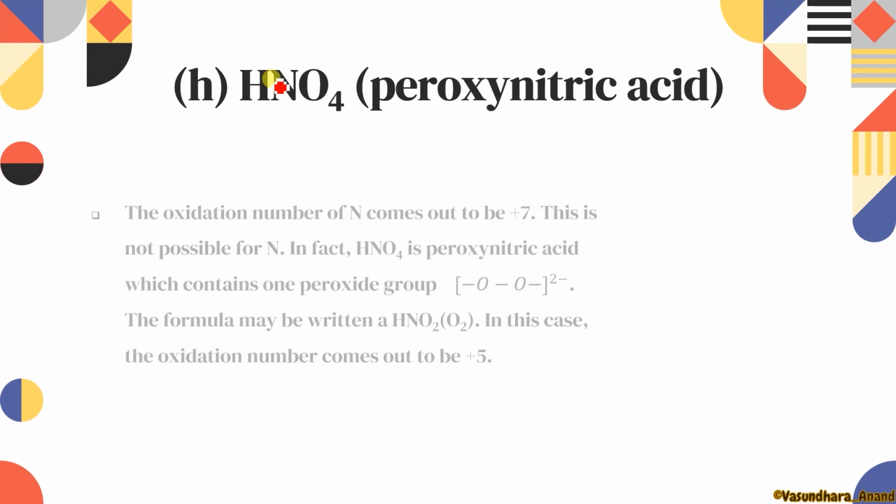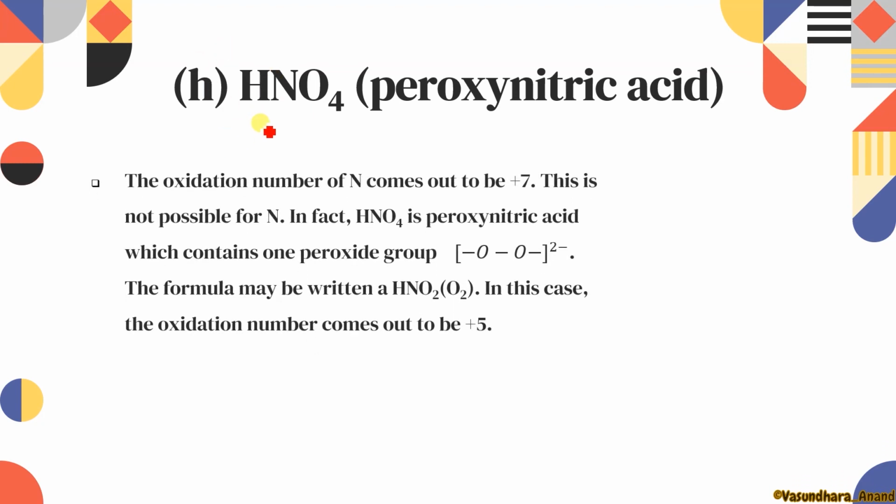here. Is it possible? Not possible. So if +7, what do you have to check again? You have to check this oxidation number and the valence electron. The valence electron of nitrogen is 5 only. And the oxidation number you are getting is +7. So how many peroxy bonds? 1 peroxy bond only. 1 peroxy bond, that means 2 oxygen are going to have -1. So out of 4 oxygen, 2 will have -2 and 2 will have -1.